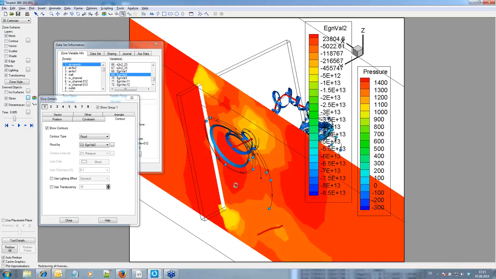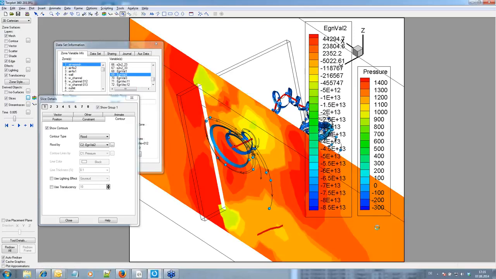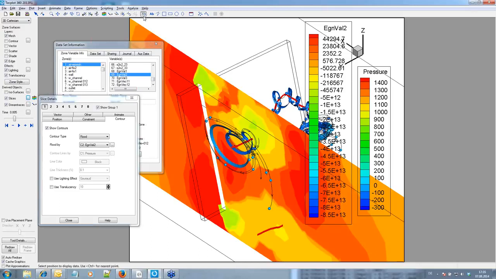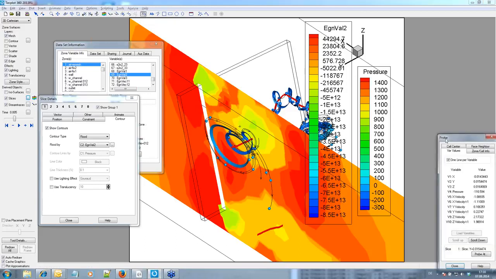And I can basically just use that tool, add contour levels, and interactively click on the slice to color the slice by that eigenvalue 2 variable. The point is, I need to find a value that I'd like to use for my isosurfaces. So one way to do that is basically I can just click using that tool to probe data onto my data set,